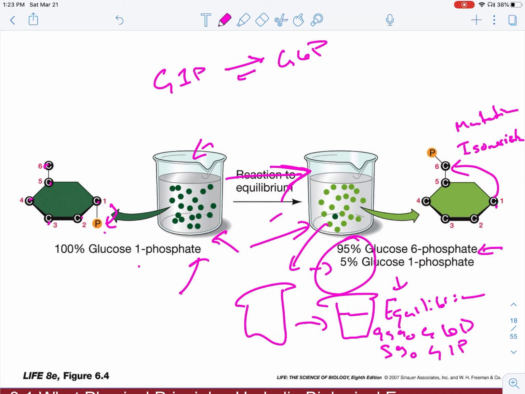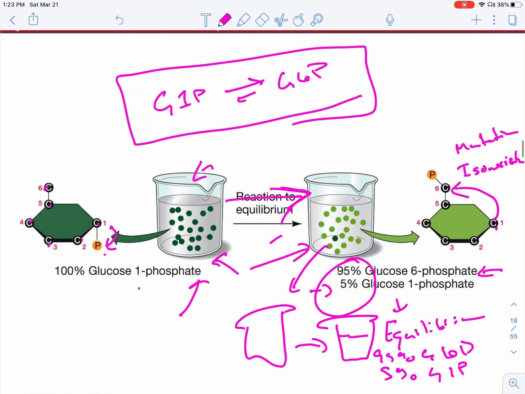And so this will always return to this ratio because it is a function of the nature of the chemical